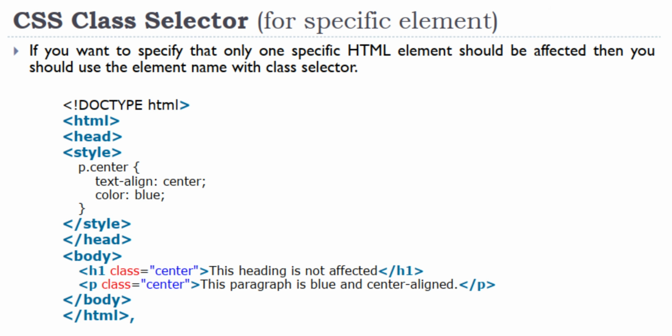CSS class selector for a specific element. If I want to specify that only a specific HTML element should be affected, then I should add the element name before the class selector. <!DOCTYPE html><html><head><style>p.center {text-align: center; color: blue;}</style></head><body><h1 class="center">This heading is not affected.</h1><p class="center">This paragraph is blue and center aligned.</p></body></html>